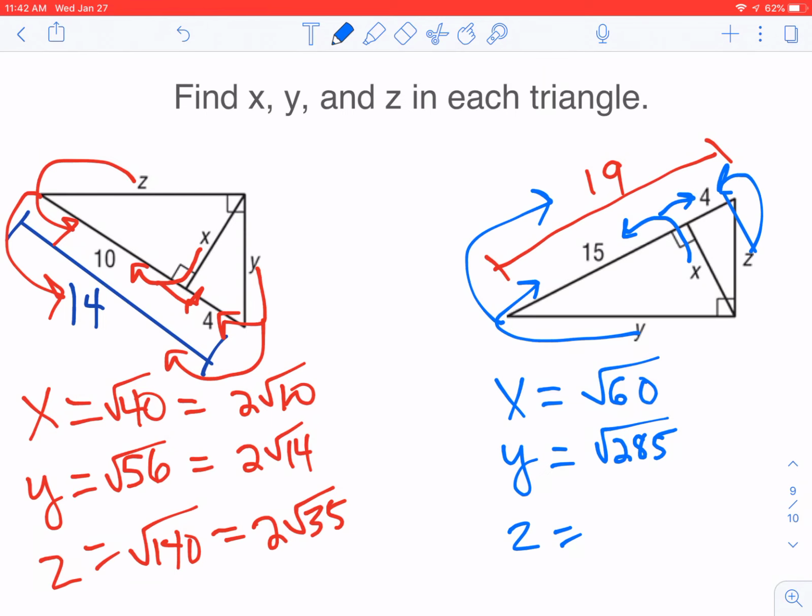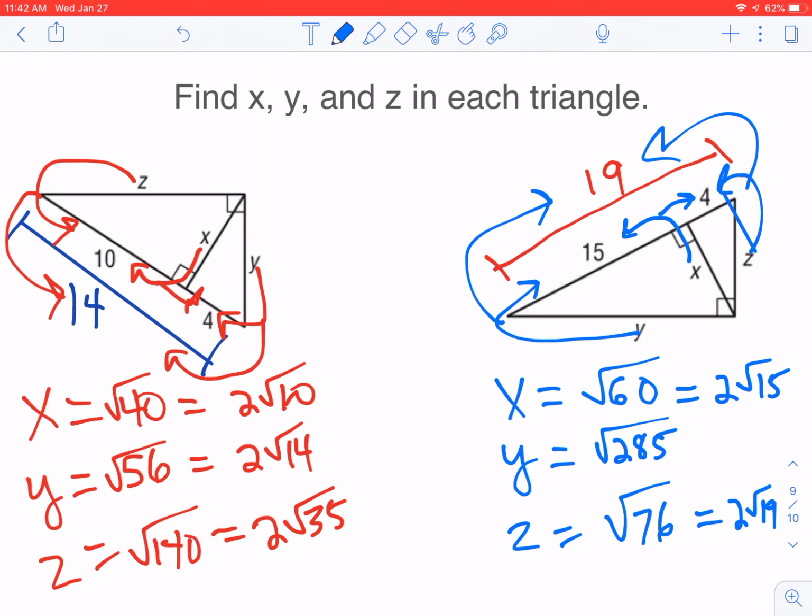Go around the corner to 4. Go around the corner to 19. 4 times 19 equals root 76. As we look at all these, the only one we can simplify, actually no, I take that back. We can simplify 2 of them. Okay, 60 is going to be 2 root 15. Root 76 is going to be 2 root 19. And then root 285, if I do 285 divided by 5,